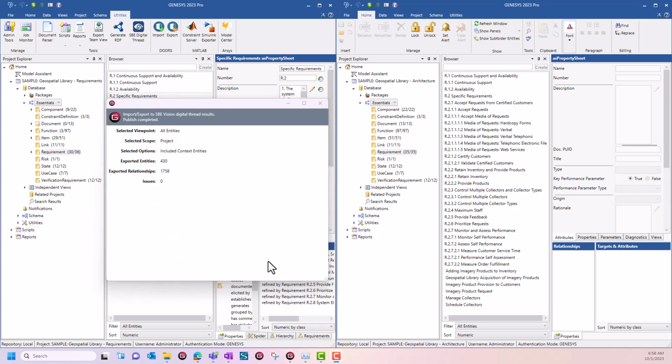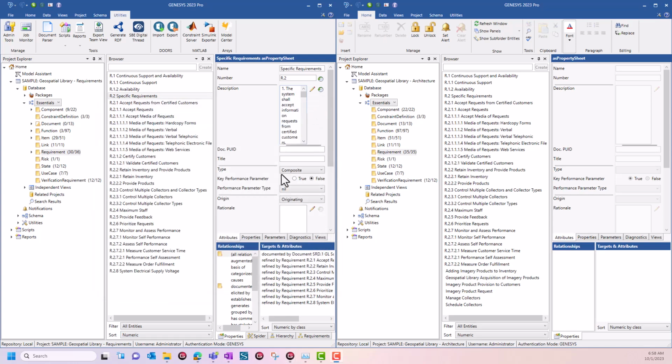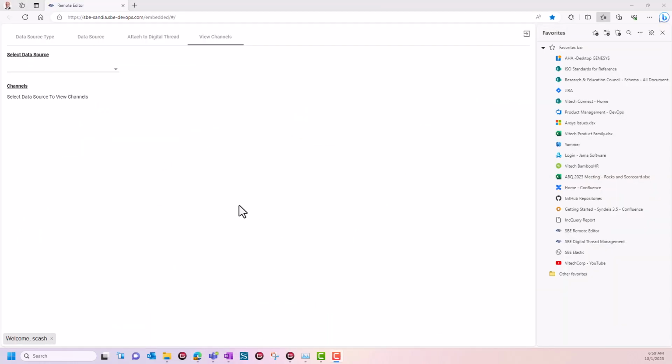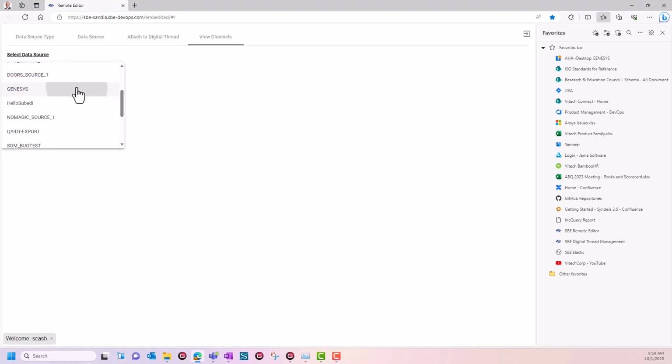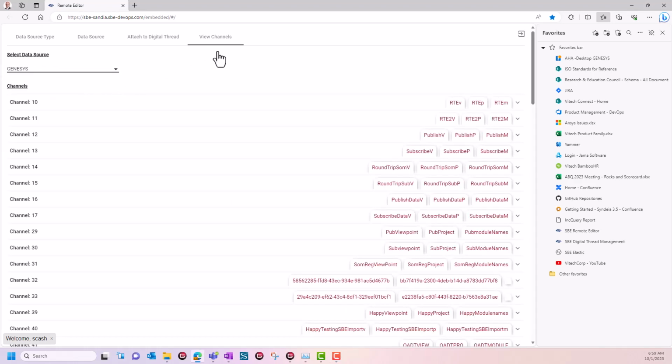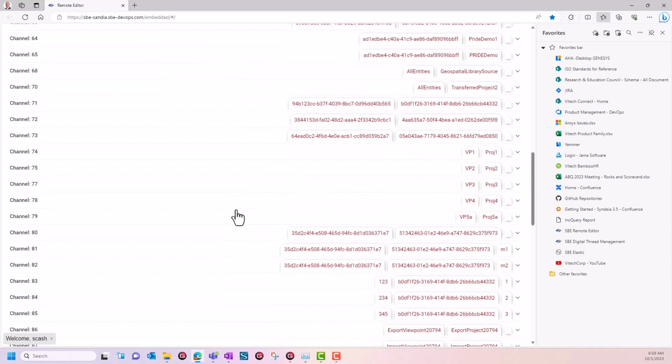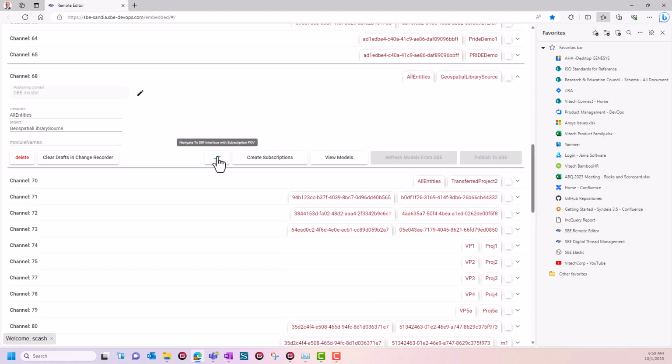To enable the other tools in our ecosystem to utilize the information we just published, we have to go into SBEVision and do an update from our publication on the master branch to the subscription services branch. We start by selecting the Genesis data source in the View Channels tab. A list of channels appears and we need to scroll down to our channel 68. We expand the channel so that we can get to the Compare button that will take us to the Diff